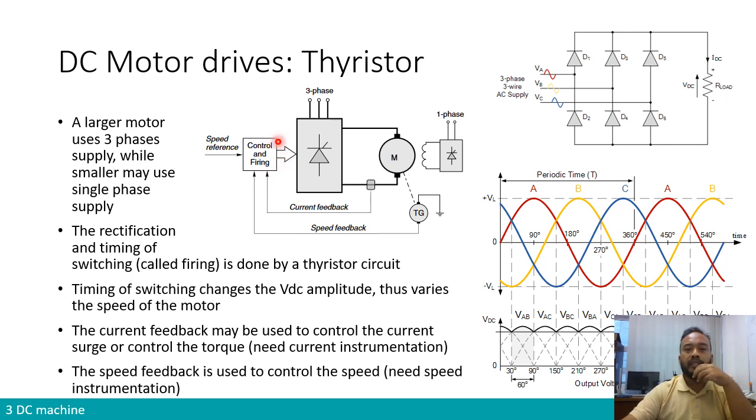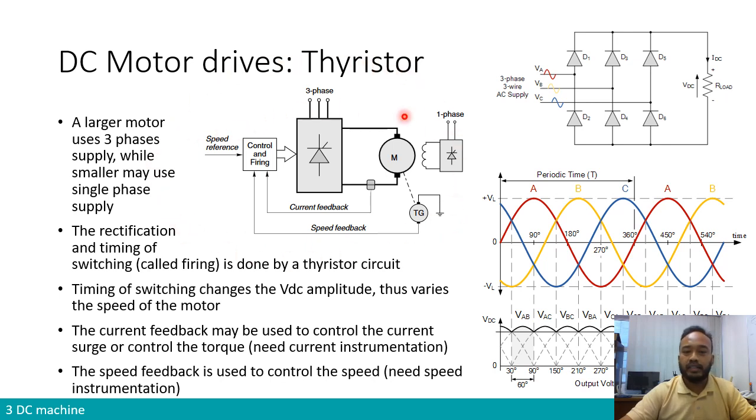Here we would have a certain microcontroller connected to the gate of the thyristor, that will tell it to switch on or switch off depending on the desire of the user. That is determined by the speed reference. So if you look at this whole thing, the driver is integrated inside